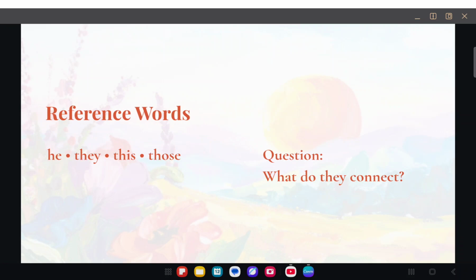Okay, let's get going. So what is a reference word? Reference words point to something else in the text. But here in this course analysis, we are not only interested in grammar. We want to know what these references connect and how they shape meaning.